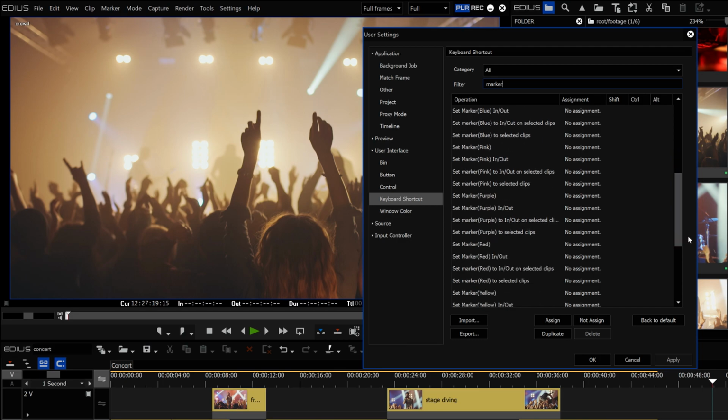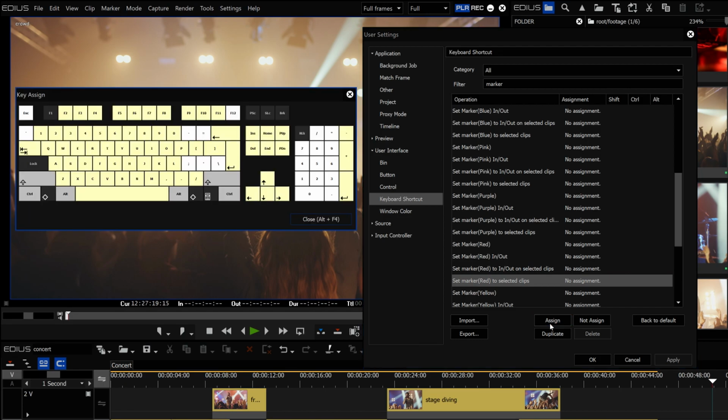You can assign shortcuts to set clip markers as well as to clear them. You can either set single markers or in-out markers. We want to set a red clip marker to later mark important areas in a clip. In the list, we select Set Marker Red to selected clips. We assign this clip marker to the shortcut